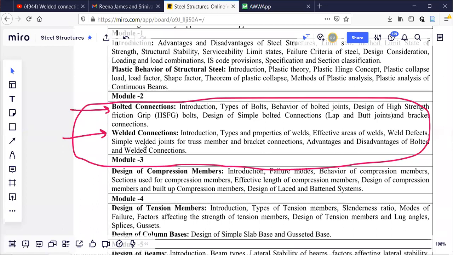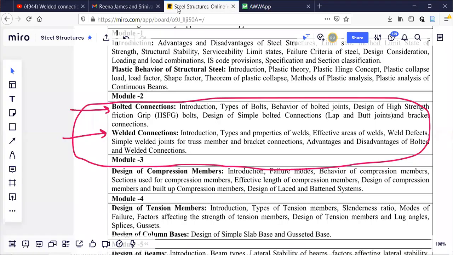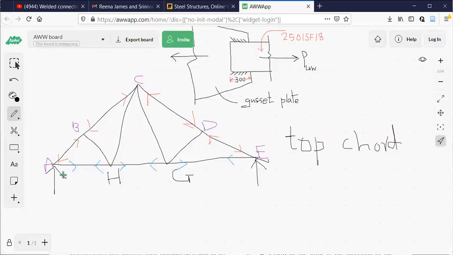What you learn in module 3 is how to design these members, A B, B C, C D, and all top chord members. In module 4, you are going to understand how to design the bottom chord members, which are all tension members. So separate modules are there for that.